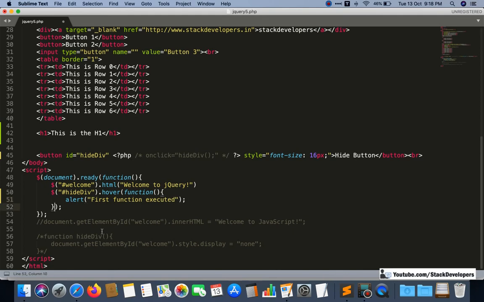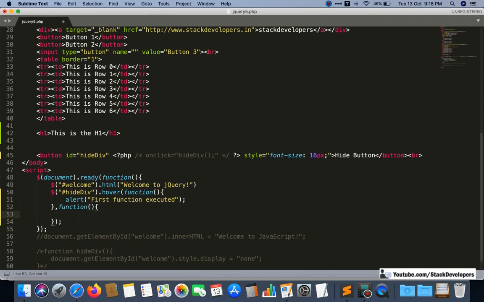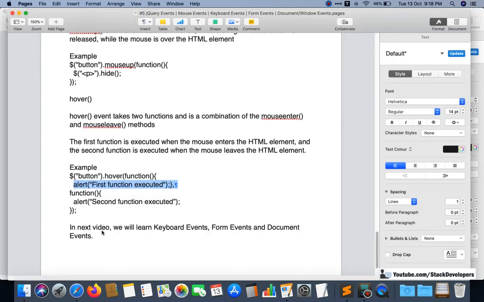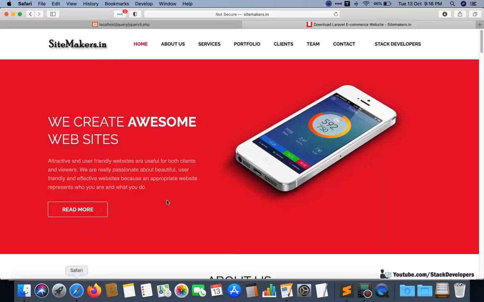And we are going to add one more function here. So two functions are going to execute one by one. So let's see.